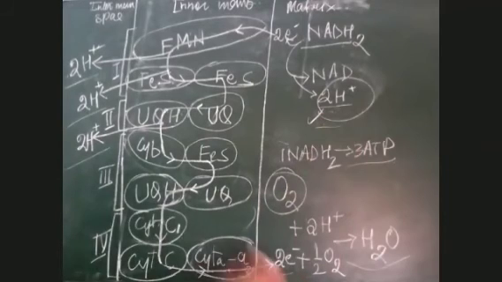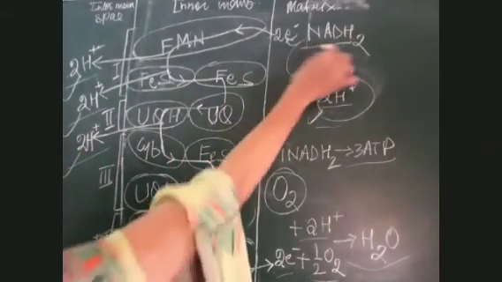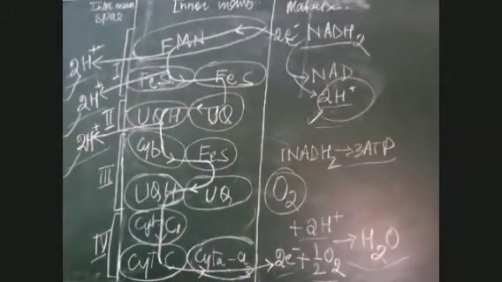So this electron, which finally lands at the matrix, combines with an atom of oxygen plus the protons which are already available in the matrix and forms a molecule of water. So water is formed here. And as I told you, 3 protons have been sent here with the release of energy. So that is why it is said that one NADH2 on breakdown forms 3 ATPs. So here you can see 3 times the energy has been utilized.